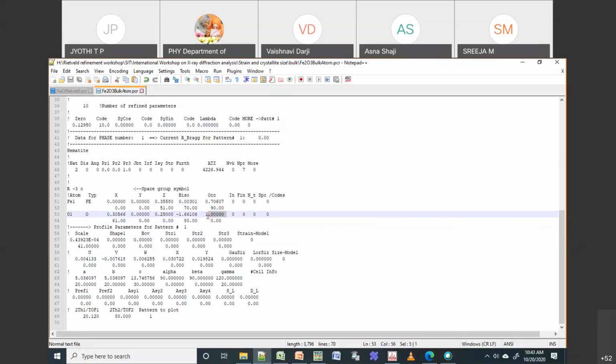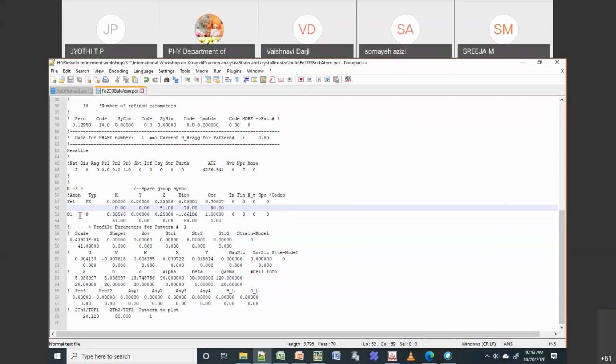Okay, so these things you need to take care of. But for heavy elements it is good, like iron, cobalt, titanium, cerium. All these are heavy elements, so they give a very good, reliable signal for these values. Okay, so this is one thing which you need to take care of.